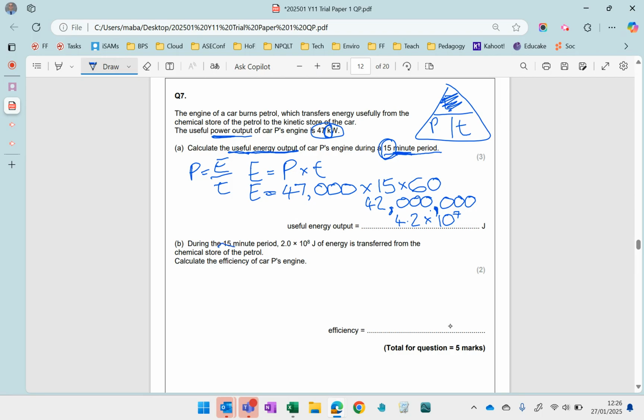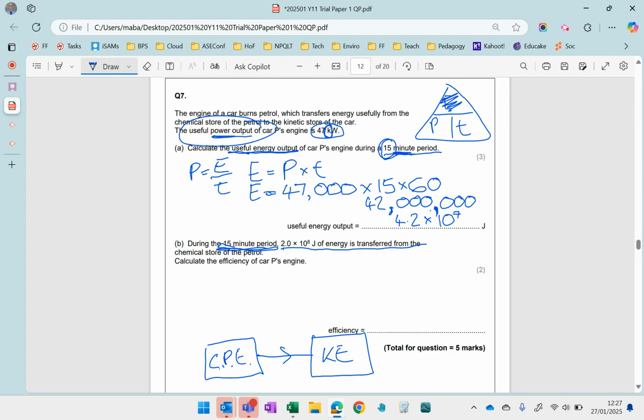Okay, so during the 15-minute period, so you know, we're talking about the information from part A, it's the same information as part A. Then this much energy is transferred from the chemical store of the petrol, right? Okay, so if you think about it, you've got the chemical potential energy that's in the petrol store, okay, and then that is being converted into kinetic energy, which is the useful power output of the car. All right,